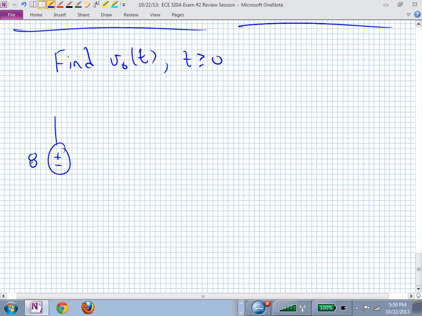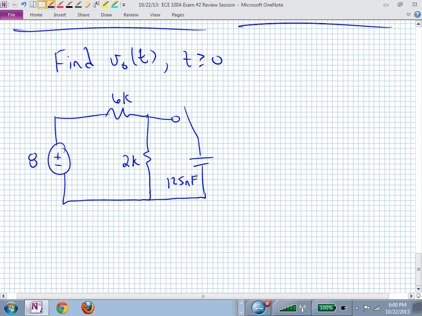Let's say it's now 8. Here's 6k, 2k, and here's a 125 nanofarad capacitor, and this is going to switch between these two locations at 0. And let's say this is 400 and this is